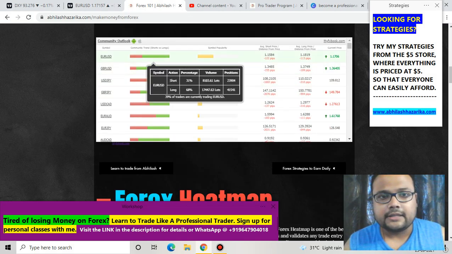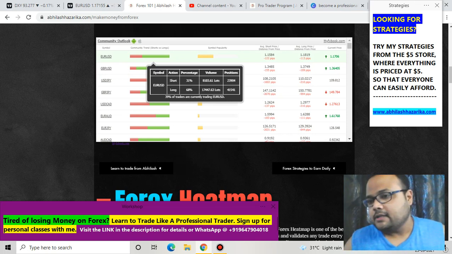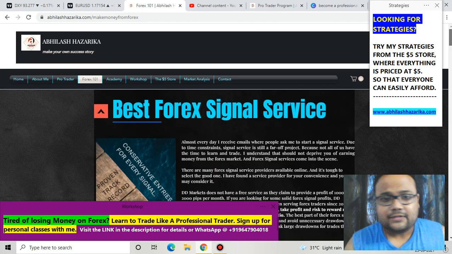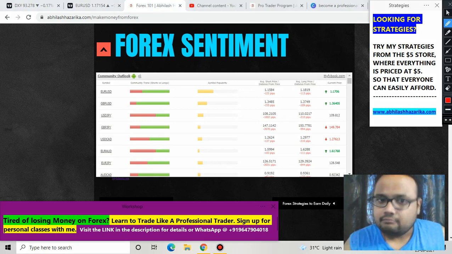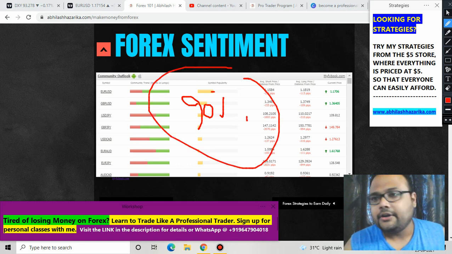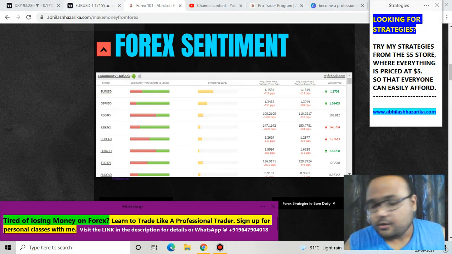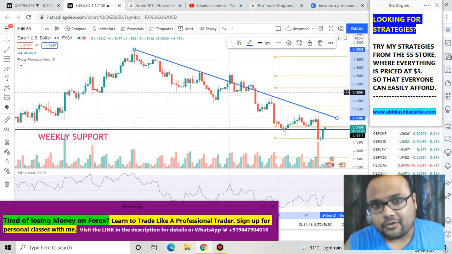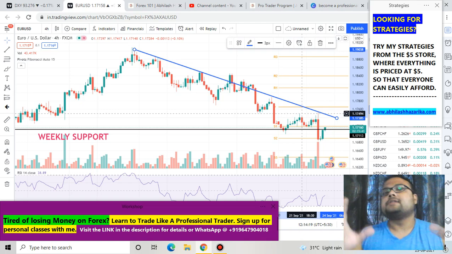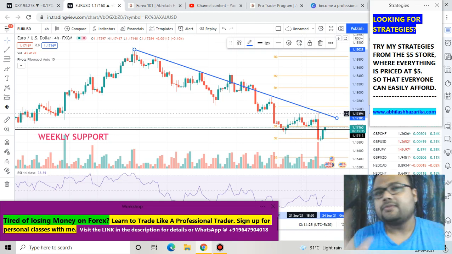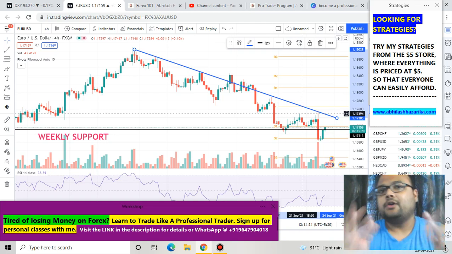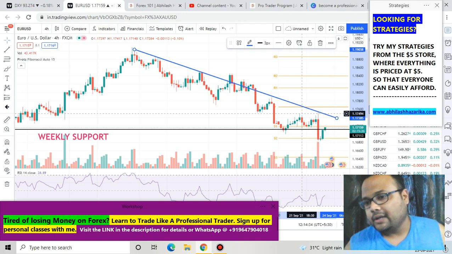And my dear friends, if you look at the forex sentiment meter here, you can see that 31% of retail traders have taken short positions and 68% of retail traders have taken long positions. As we all know, more than 90% of retail traders lose money, and this is the main reason: they fail to follow the trend of the market. EUR/USD is in a downtrend right now and they have taken long positions, so it's quite risky. If you want to take risk, it's totally up to you. Please follow proper risk management. Otherwise, if I'm in a tight position, then obviously I'll not trade on a pair like this simply on the basis of the weekly support.